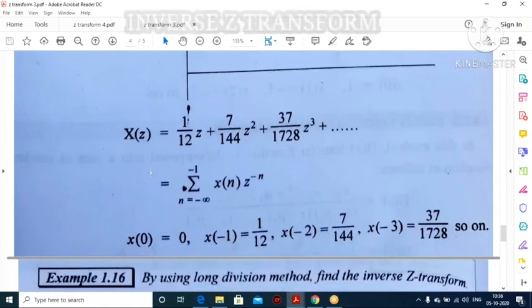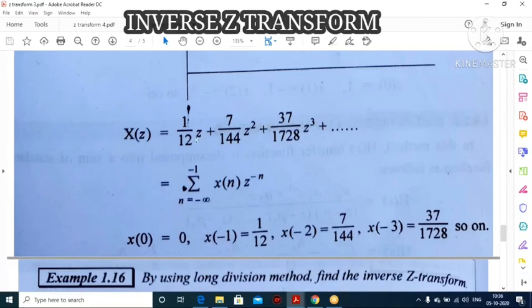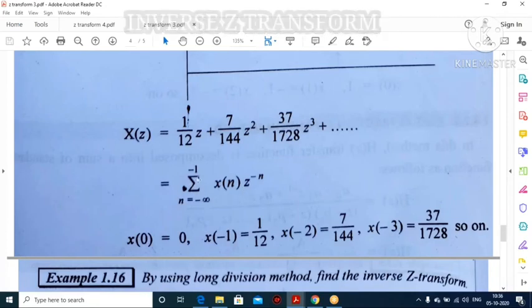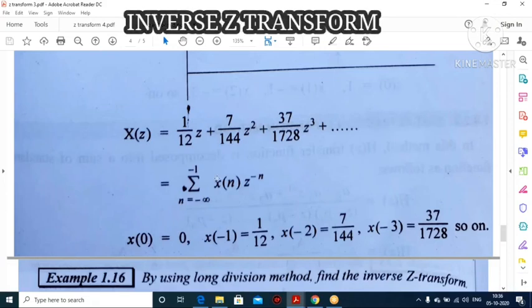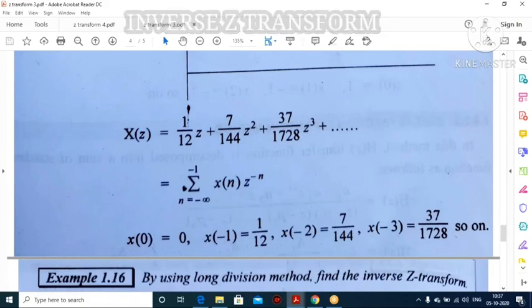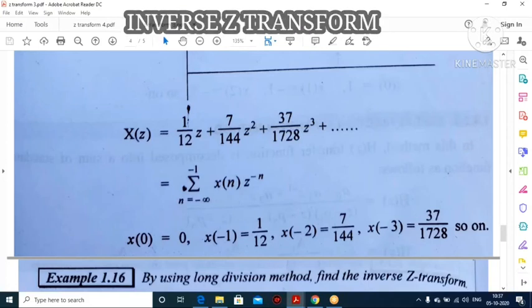So now the result will be a positive power of z, right? How can I say it is positive? If you have any doubt, we just compare with the standard format. The standard format for non-causal is summation of x of n z to the power minus n, but the limit should be minus infinity to minus 1 because n is less than 0. Non-causal is when the condition is n less than 0. So n less than 0 means it starts from minus infinity and ends at minus 1. So the limit becomes minus infinity to minus 1. When I substitute here, it becomes x of minus infinity.